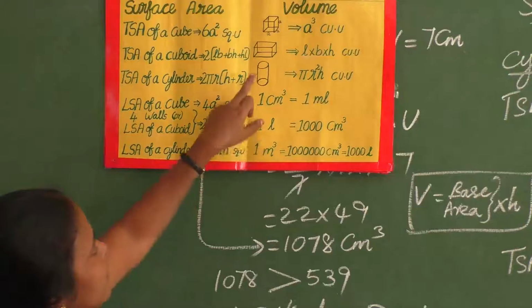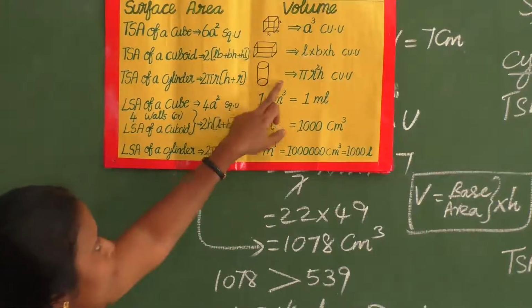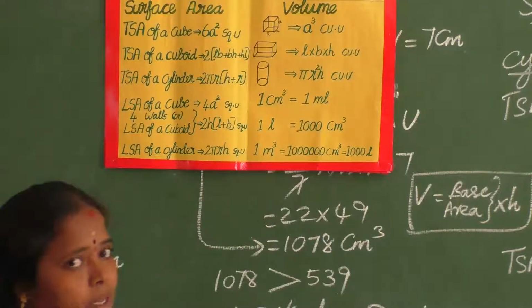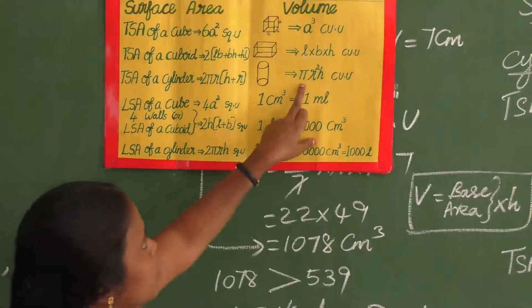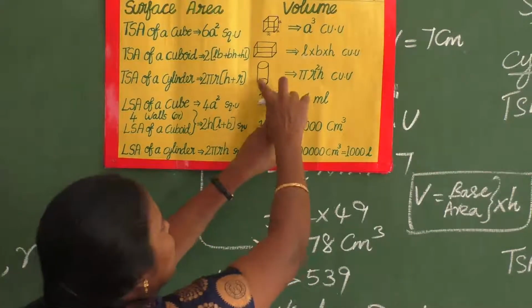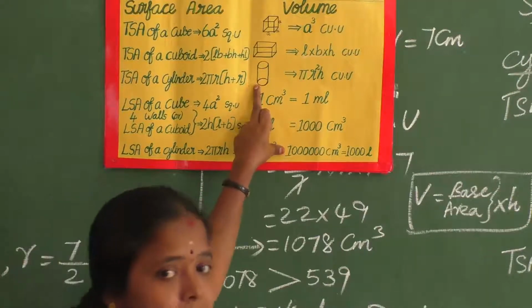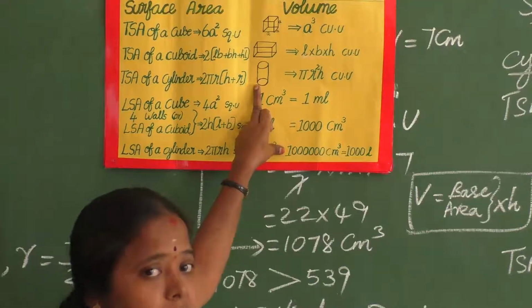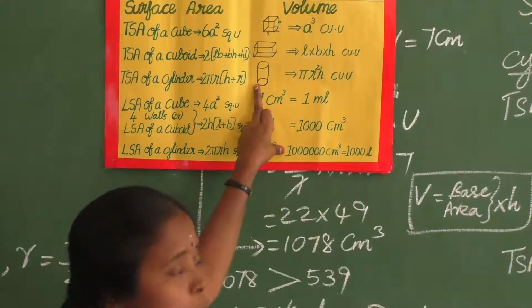Clear? Like that, if you come to the cylinder, the cylinder volume is πr²h units. Actually, what is this πr²? It is the base area, no? If you consider the cylinder, the top and bottom are covered by circles. The top and bottom faces are circular spaces. Actually, what is the area of the circle? πr², you know well.